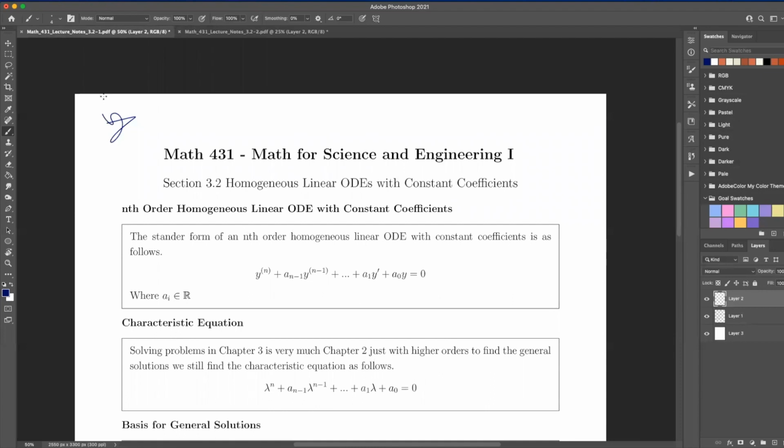All right, so let's talk about homogeneous linear ODEs with constant coefficients. So here we have an nth order homogeneous constant coefficient. So basically we're just doing what we did last time. And so here, so the standard,